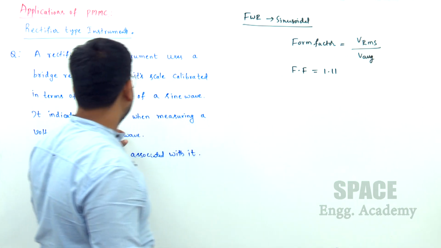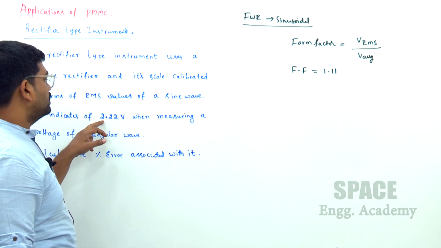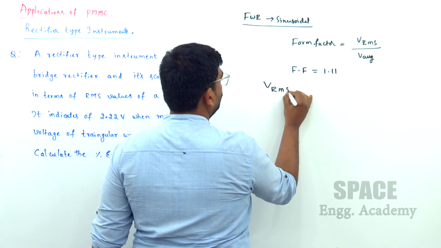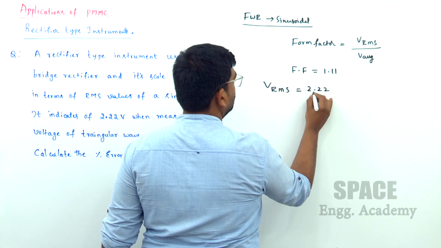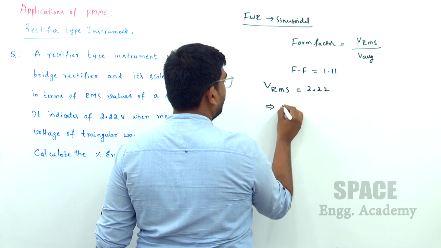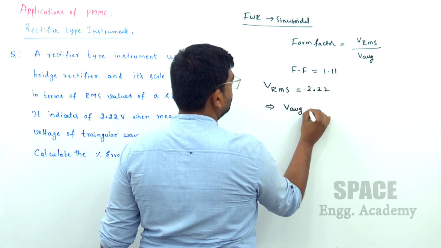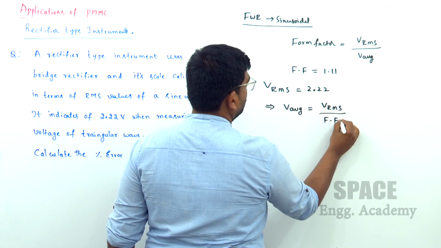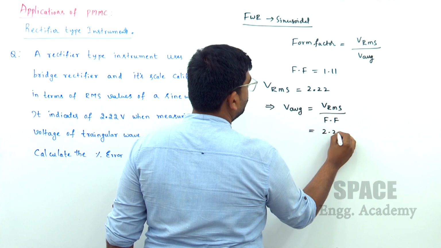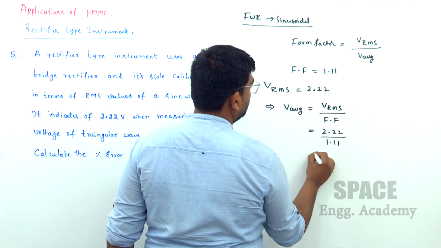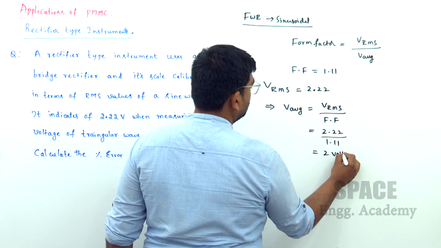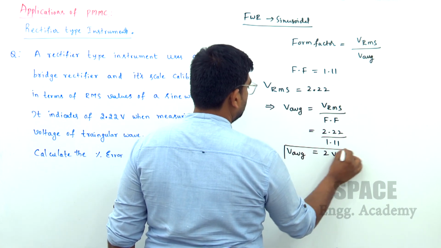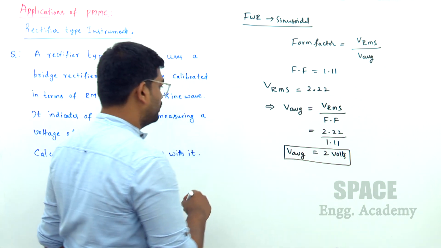And how much it is reading? VRMS is 2.22. How to get average? Average output, VRMS by form factor we can take, means 2.22 by 1.11 means average output is 2 volts, right or not? But triangular wave